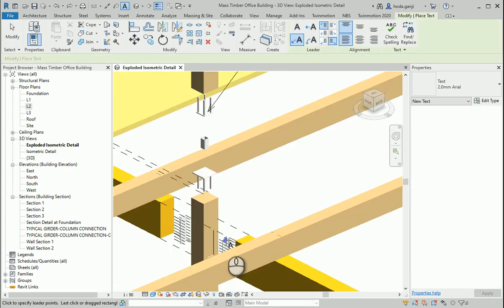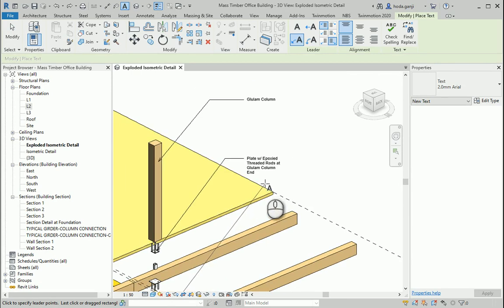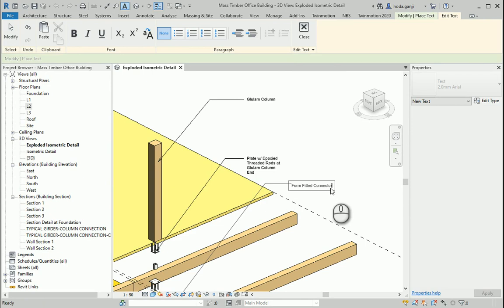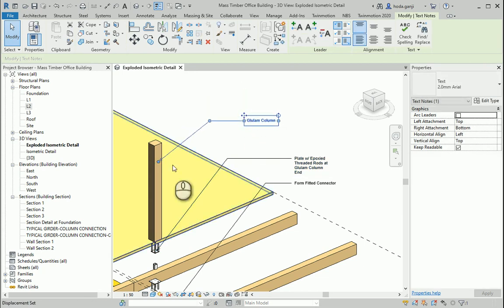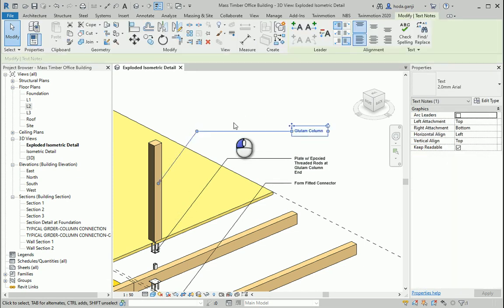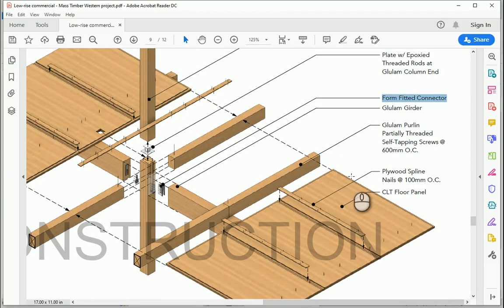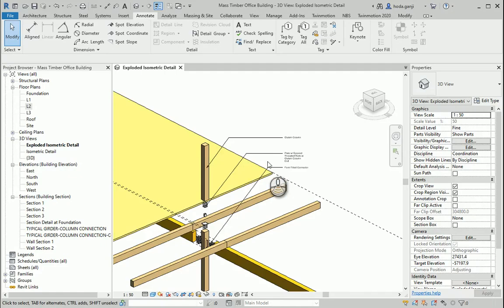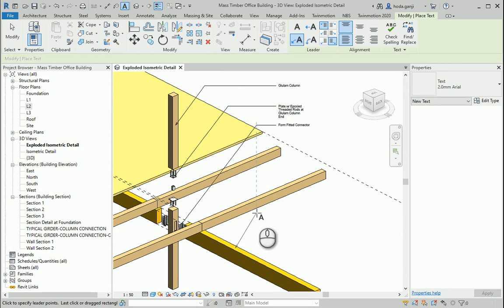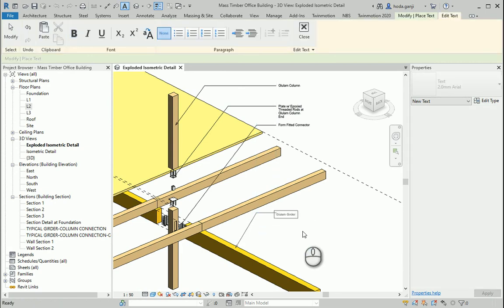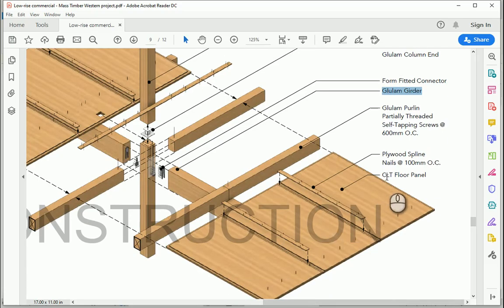Text, the connector, and we can move the text in here. The beam, text, the purlins.